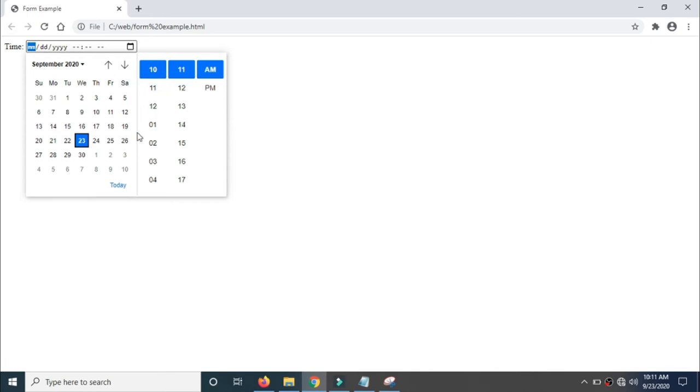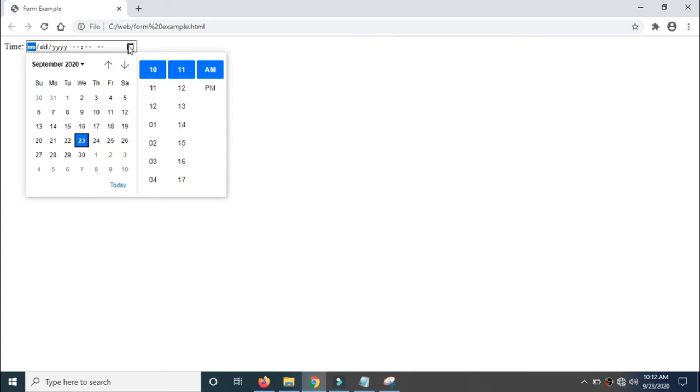If I press enter, here today, that means today's date has been displayed, the 23rd, 10:11 a.m. You can notice that here. 23rd September 2020, so 10:12. By the time it is 11, now it is 12.